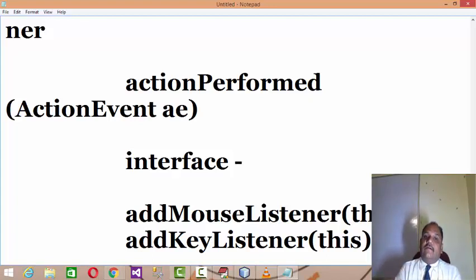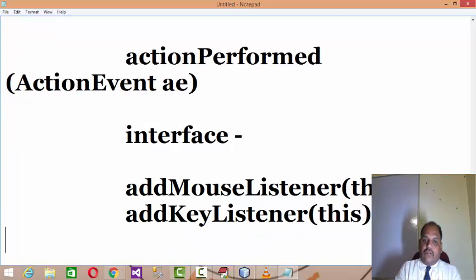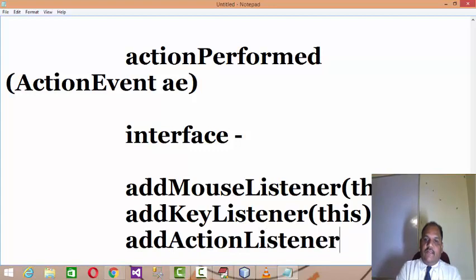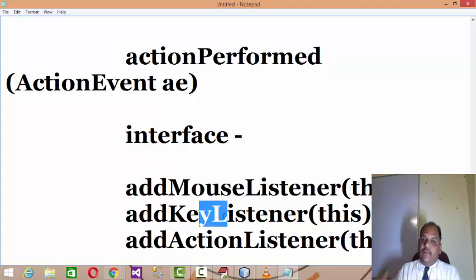Listening to the event means it observes whether any action is performed by the mouse, keys, or on the button. addActionListener is for listening to events on the button. addMouseListener will listen to the events performed by the mouse, addKeyListener will listen to the events performed by the keyboard, and addActionListener will listen to the events performed on the button.